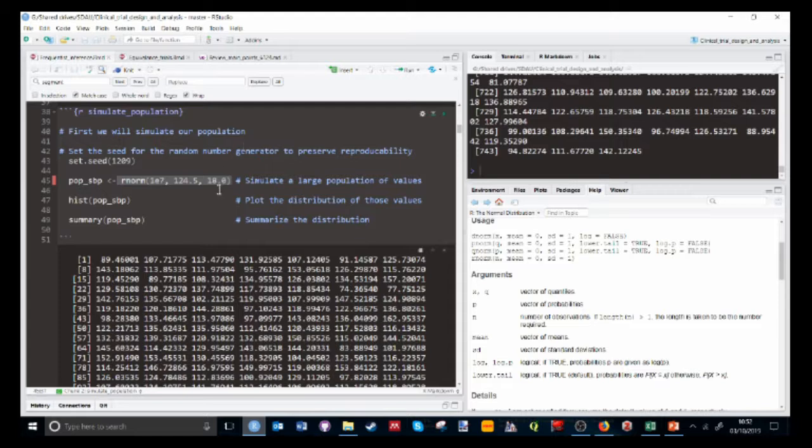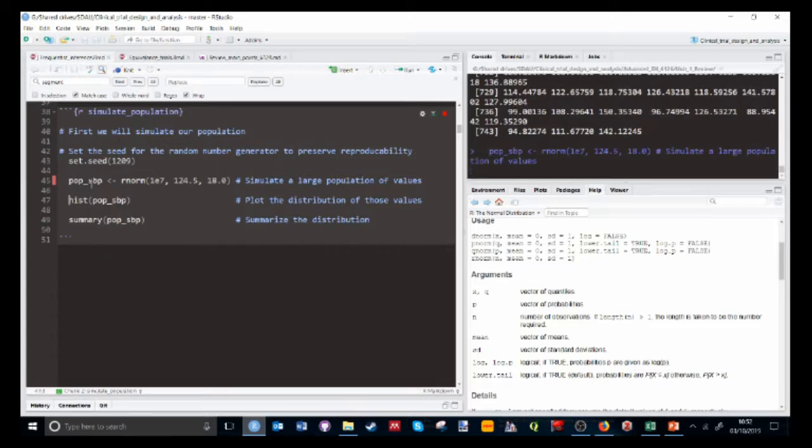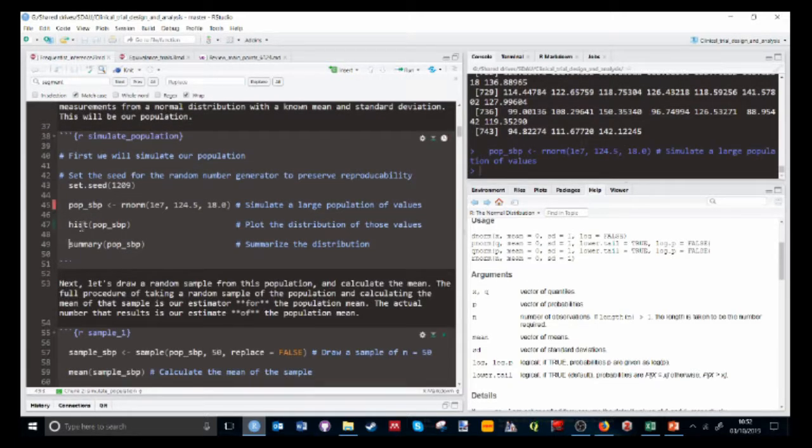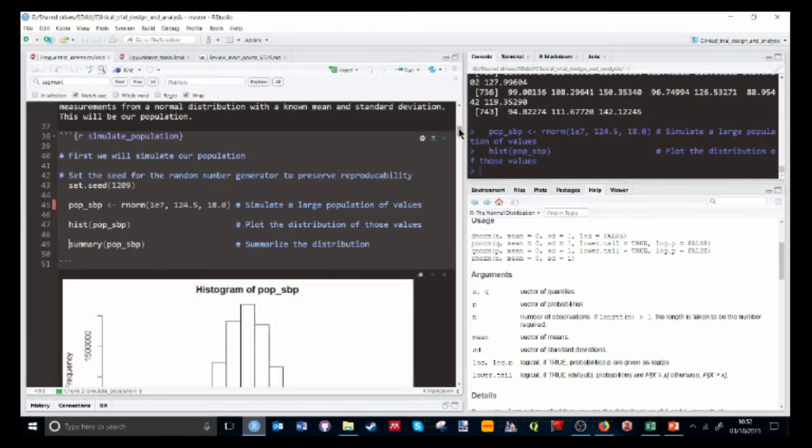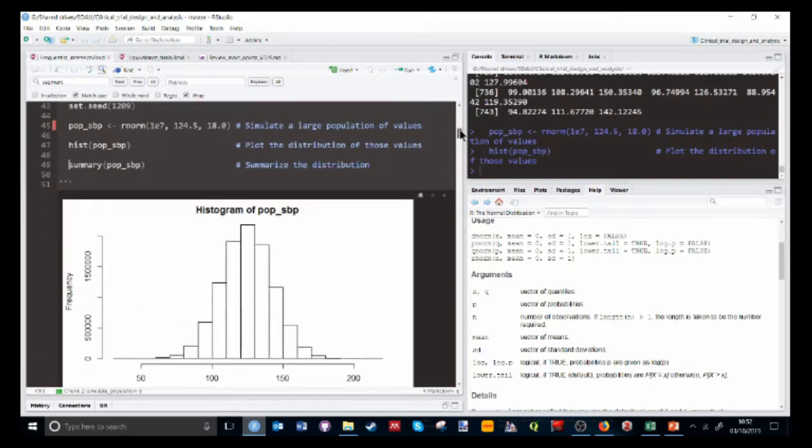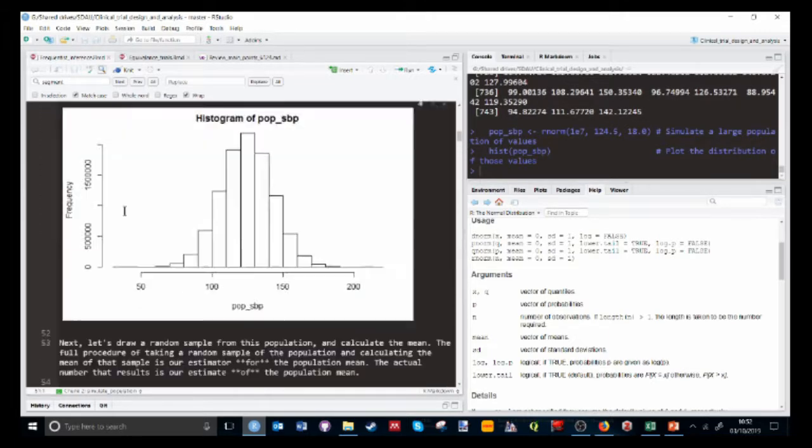So simulation is great because we can simulate as if we were God, so to speak, what the data are, and then we can use our statistical tools to evaluate samples from that population. That's what we're doing here. So here we create a big population of these values, and then once we've done that, then I can make a histogram very easily, and when you're working in the RMD file here, it's just going to pop up below, or I could create a summary,